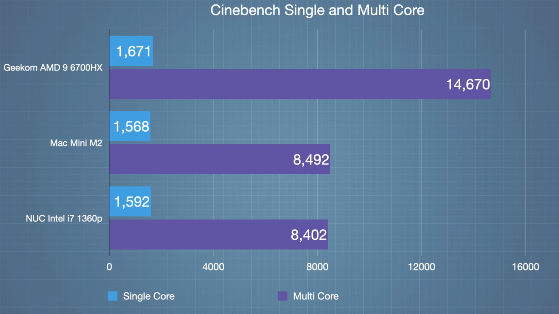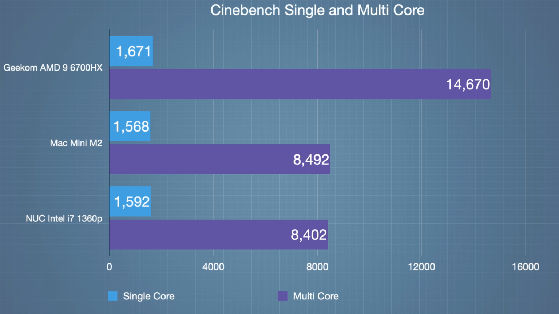So here we are with the Cinebench single and multi-core scores, and I will tell you now, this AMD multi-core score is correct. If we look at the single core scores, they are very similar amongst all three of them, but obviously the AMD for Cinebench is just a bit more optimized and works a little better. So it is coming out slightly in front there, but the multi-core score is way out in front with